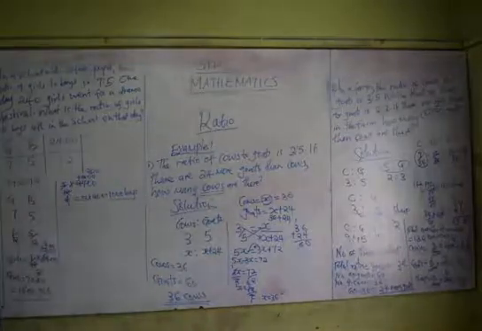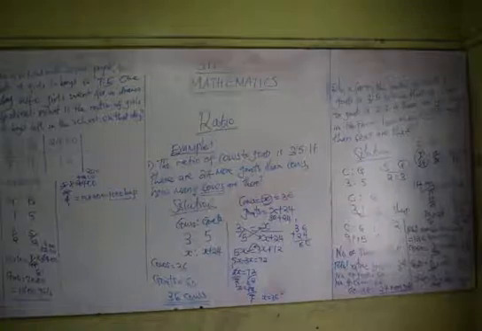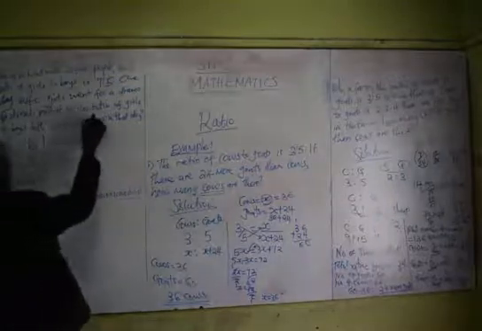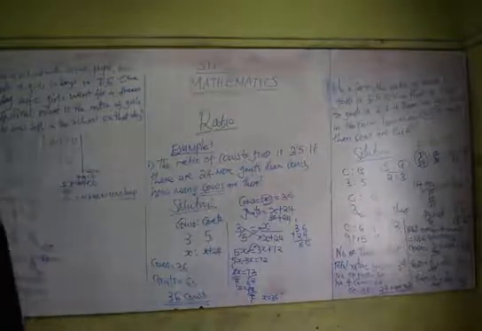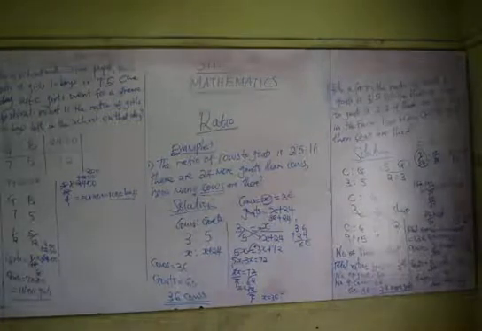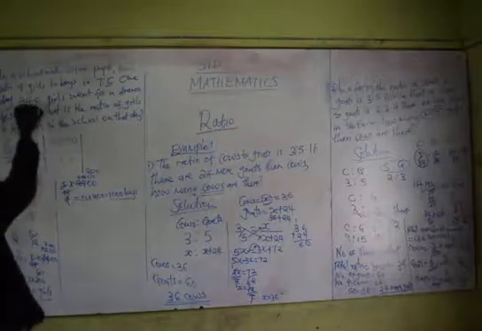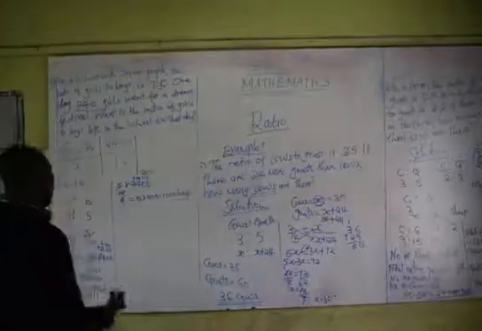But now let us look at the question. The question says, what is the ratio of girls to boys left in the school on that day? That is after 240 girls went for that drama festival. So we have the total number of